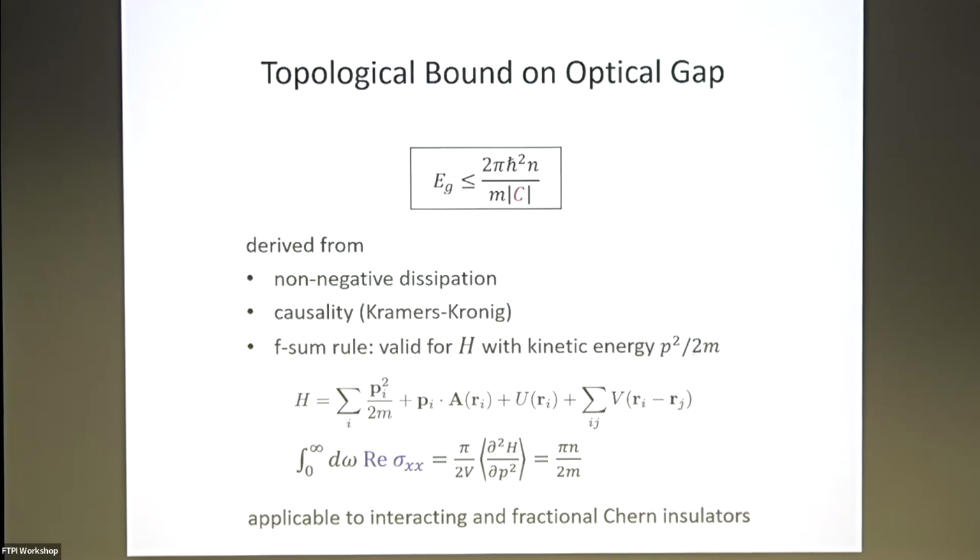Now in the first part of this talk, when I talk about the bound of topological states, there I'm using an effective Hamiltonian. In the case of effective Hamiltonians, m is the band mass, the effective mass, and the density is the density of doped electrons in the low energy bands. In that case, if you want to use this relation, one has to be careful. It applies to systems with parabolic dispersion where this Hamiltonian is a good approximation. This turned out to be the case for twisted semiconductor TMDs, because monolayer TMD is just a large gap semiconductor with parabolic bands.